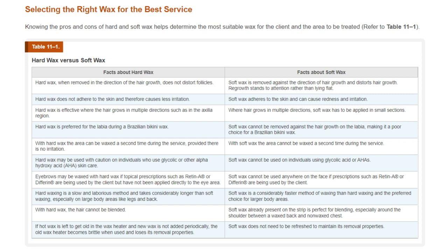Soft wax cannot be removed against the hair growth on the labia, making it a poor choice for a Brazilian bikini wax. With soft wax, the area cannot be waxed a second time during the service. Soft wax cannot be used on individuals using glycolic acid or AHAs. Soft wax cannot be used anywhere on the face if prescriptions such as Retin-A® or Differin® are being